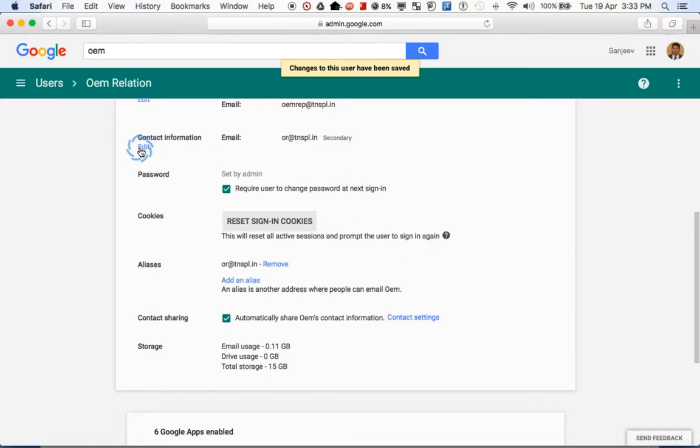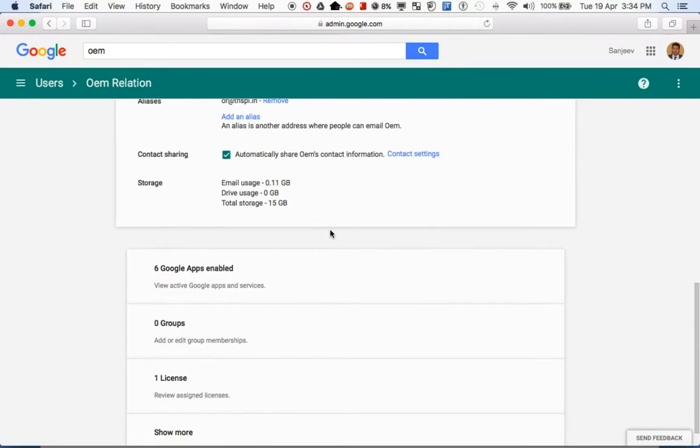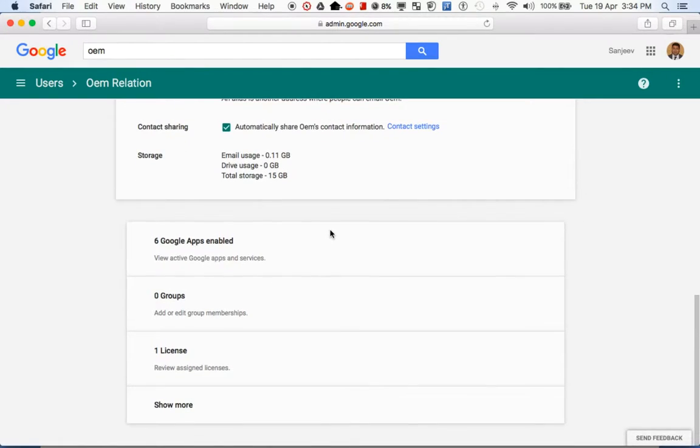You can define up to 30 aliases for a user. You can add new aliases here. This comes in handy when doing a marketing campaign or having addresses like help desk, support, which are actually addressed to a particular person.